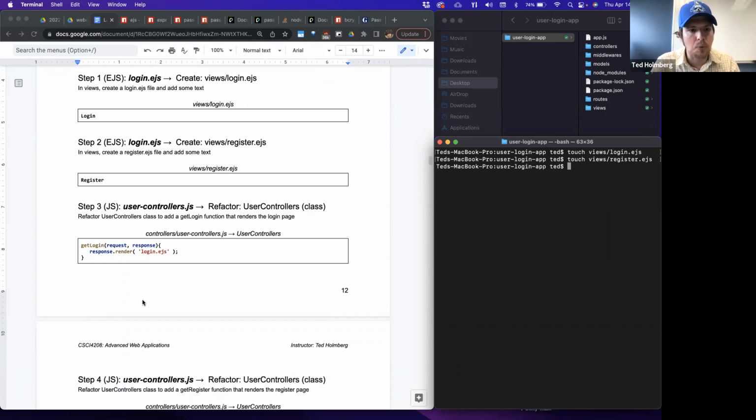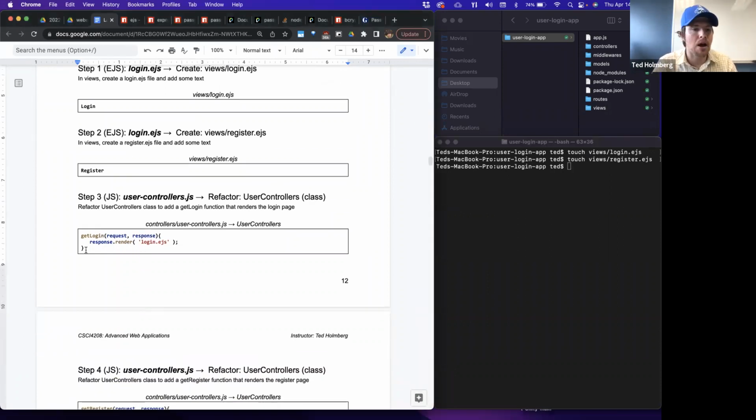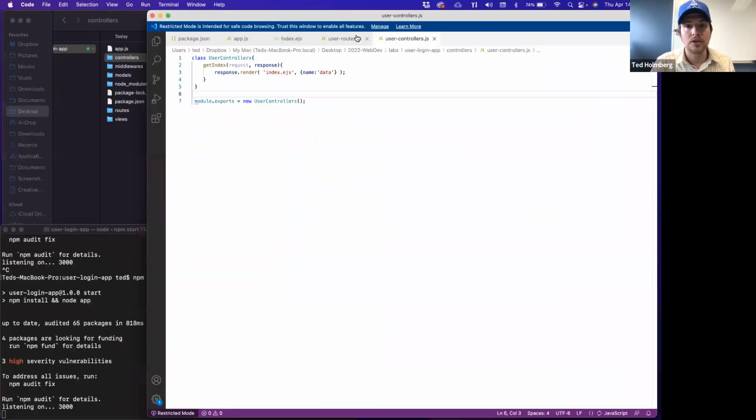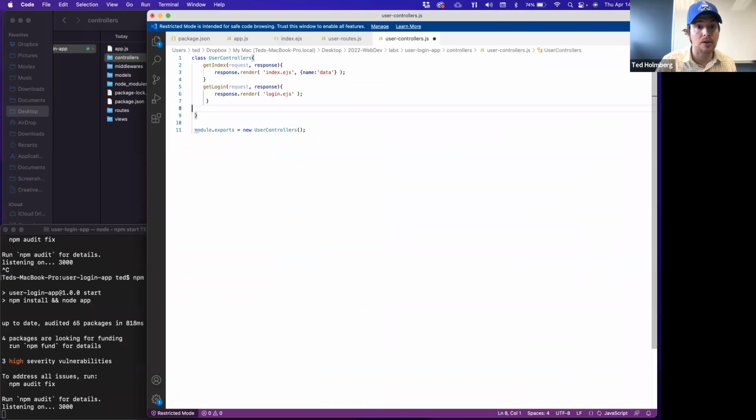Excellent. Now, let me go into my user controllers class and add in some new methods. Inside of here, I have the get index method inside of that class. I'm going to add another instance method, getLogin,